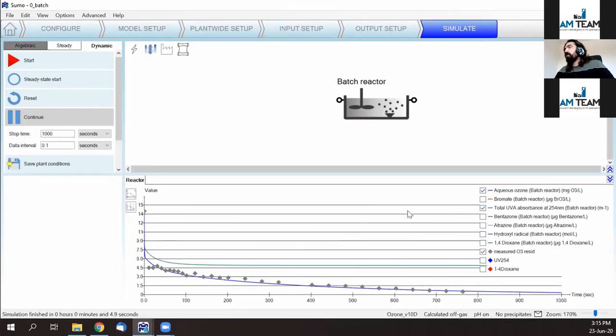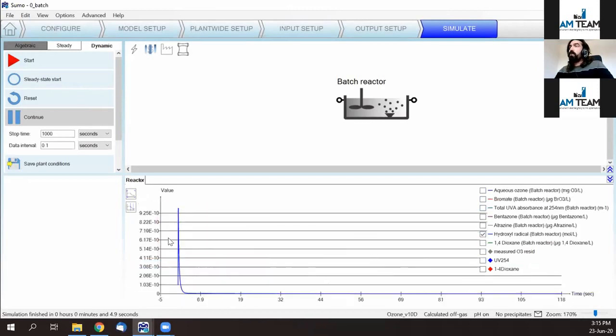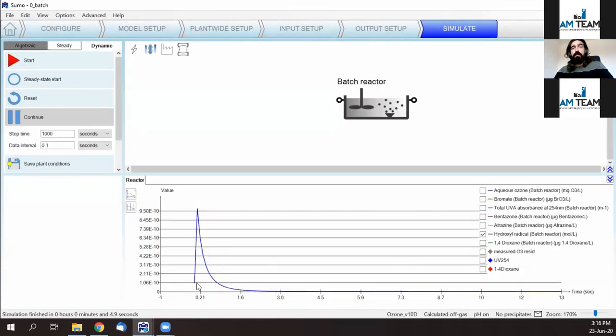So this is linked to the consumption of the organics contained in the water matrix, and for which we also have an end concentration here, which we are catching, and also the inorganic part. So all these reactions lead to the decay of ozone, but also to the production of radicals, for which in a batch experiment, we know that they are really concentrated when you have one spike of ozone. The production of radicals is really concentrated at the beginning. So it really looks like this. So you have a very high production right in the moment where ozone has the most decay occurring. And this is how it looks like. And then it decreases in time as it reacts with the inorganic and organic part of the water,